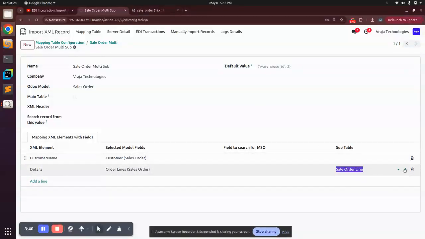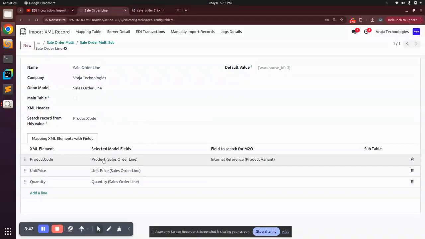So as you go over here, you will see that product, unit price and quantity will also be synced. Next is how to avoid the duplication. So this is the option where you want to add the product code. With the product code name, wherever there are chances of duplication, or where there are two product codes,